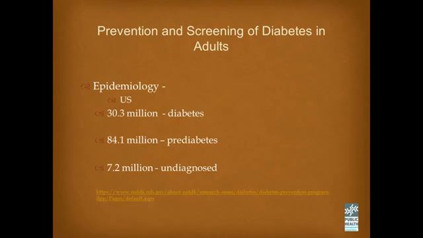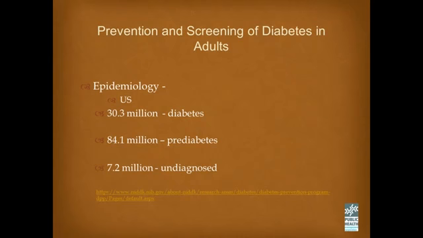So I think first, to understand the importance, we really need to appreciate where we currently stand. In this country, we have over 30 million people living with diabetes, and that number is expected to rise significantly, with over 84 million people over the age of 18 suffering from pre-diabetes. And just to put that in perspective, that represents nearly half of all Americans who either have diabetes or pre-diabetes. That number is pretty astonishing.